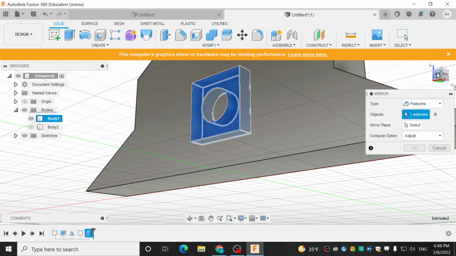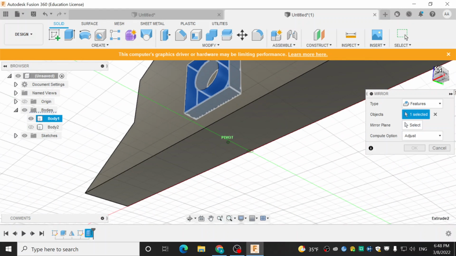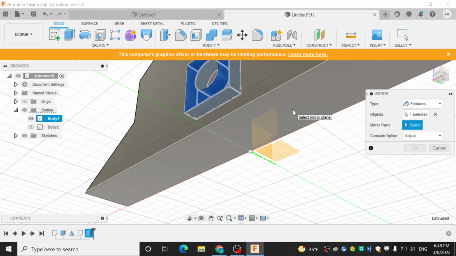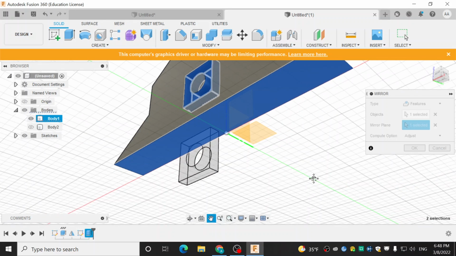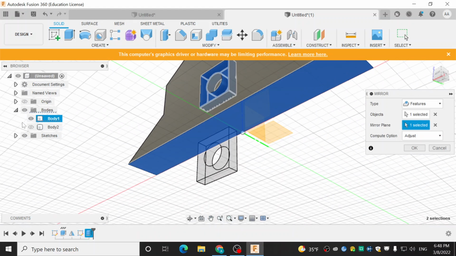Additionally, you can also do the same thing by just clicking the features in the timeline. So if you ever have done a bunch of things that you want to mirror over, and you can find them all in the timeline below, you can use Shift Select to click a bunch of things and then do the exact same thing, instead of manually selecting everything you want. I'm a big manual guy. And then I'll select the mirror plane. And you'll see that now this feature